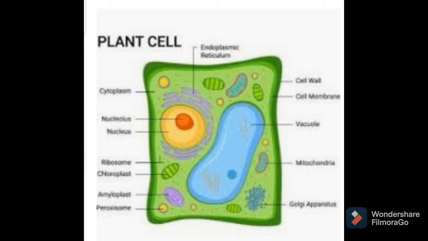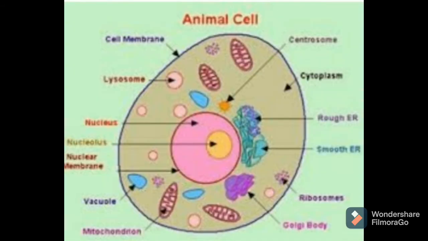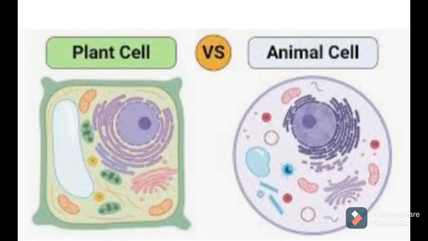Got it, students? In plant cells larger vacuoles are present, and animal cells already have lysosomes. That's why the vacuoles are smaller in size. When we compare vacuoles between plant cells and animal cells, in plant and fungal cells these vacuoles are larger in size. In animal cells, these are of small size. Also in plant cells, these vacuoles are few in number, and in animal cells they are more in number.